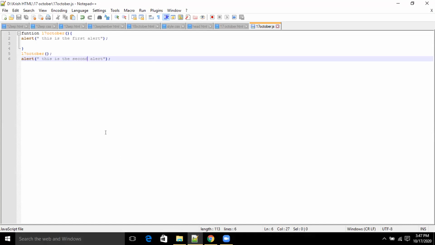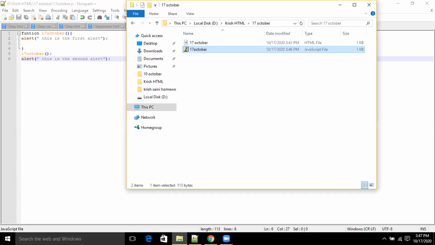Krish, let's try to solve your problem first. Show me in the folder where the file is. Okay, and show me your HTML file. This is HTML. No, in the code.